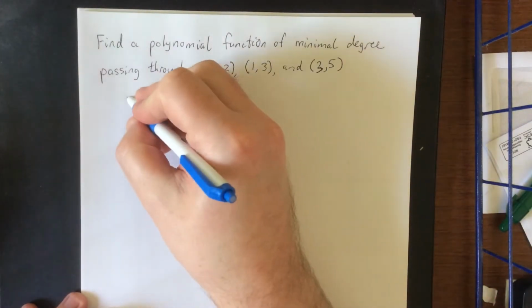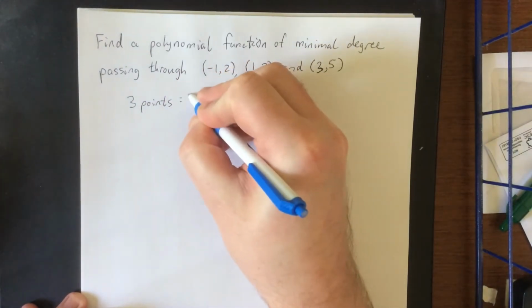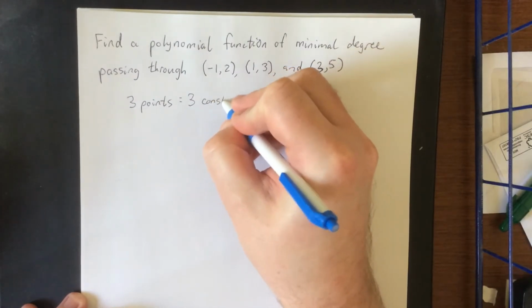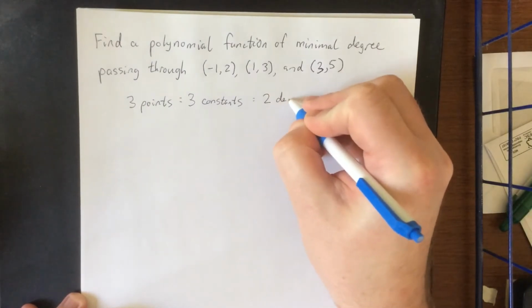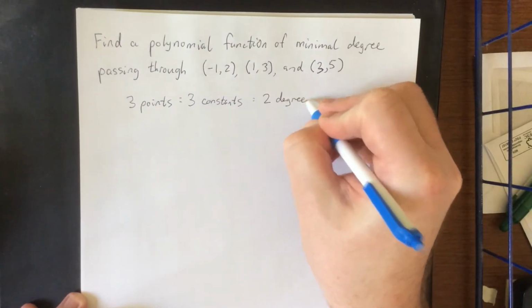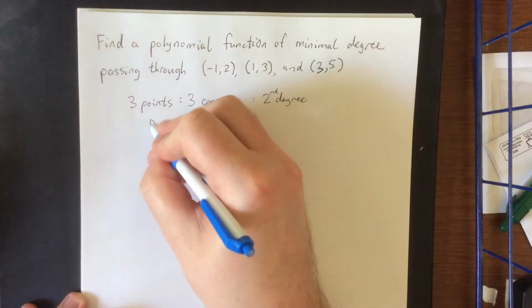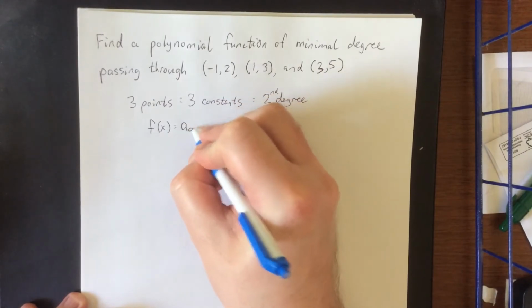So first thing that should be pointed out is because we have a total of 3 points, that means we're going to want to set up something with 3 unknown constants, which is going to be a second degree polynomial. Now, the reason it's going to be a second degree polynomial is we're going to be setting up f of x is equal to, in order to get 3 constants out of this,